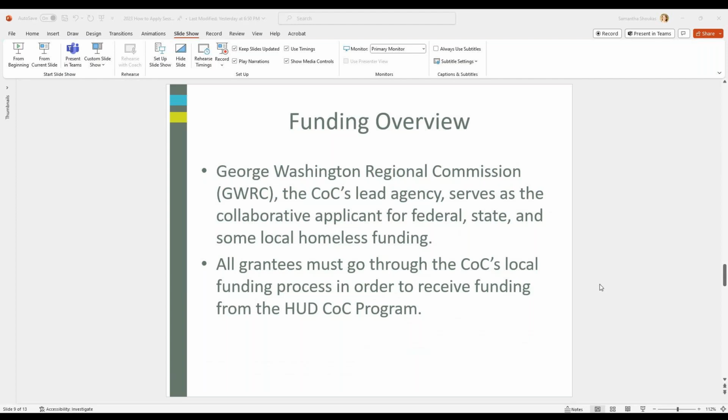So the George Washington Regional Commission, as the CoC's lead agent and collaborative applicant, serves as the person who actually submits the funding application. So no grantees are able to receive HUD funding outside of the process that we're going over today. If you want to be a part of the application, you have to go through this funding process.